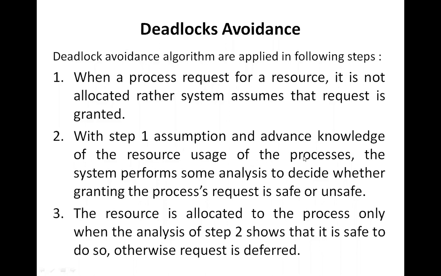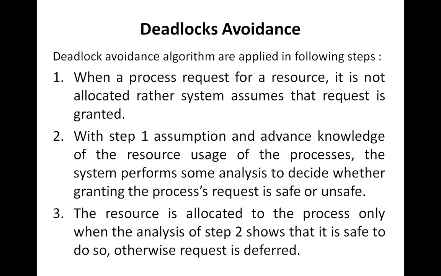The algorithm will analyze whether, if this requested resource is allotted to that particular process, it is safe or unsafe. Safe means that if it is allocated, the analysis shows there will not be any deadlock situation. It is unsafe if the analysis finds that once the resource requested by a particular process has been allocated to that process,